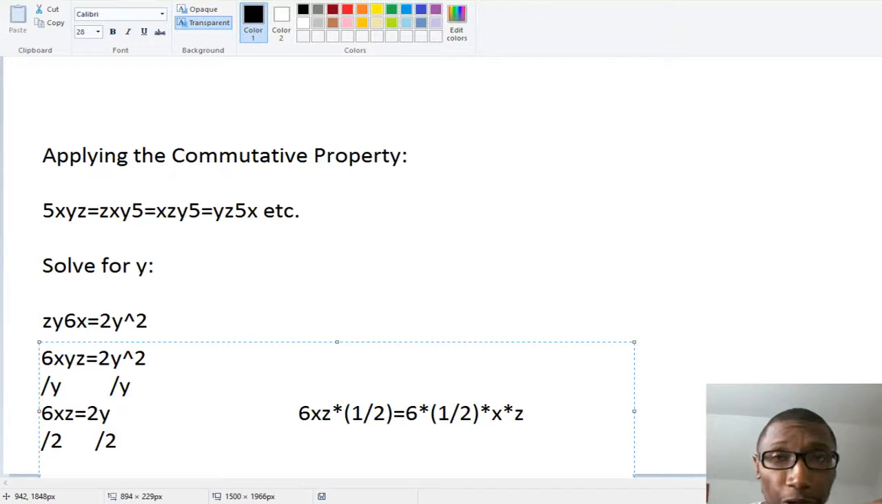Now when we look at it, it's very clear that 6 multiplied by 1/2 is going to give us 3. And x and z don't actually have to interact with that half because the 6 has already gotten rid of it. So that makes our final answer,